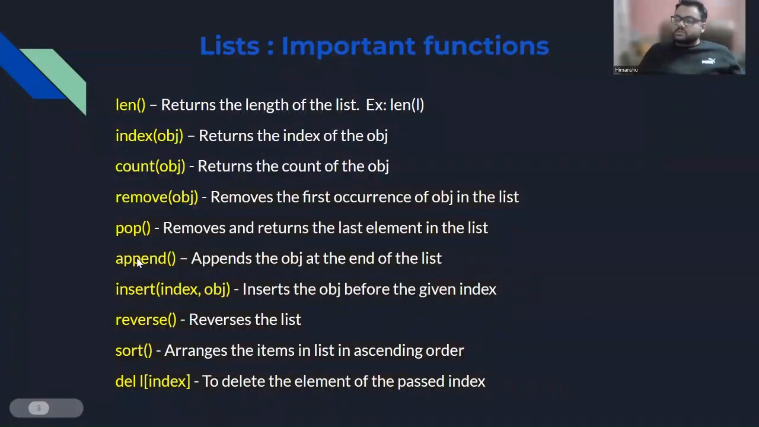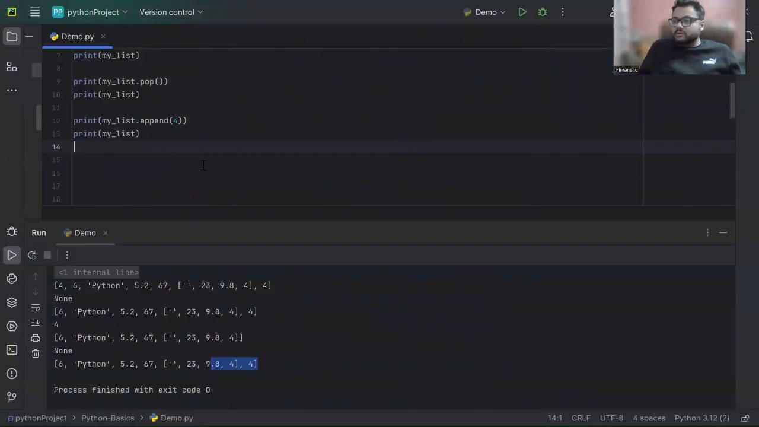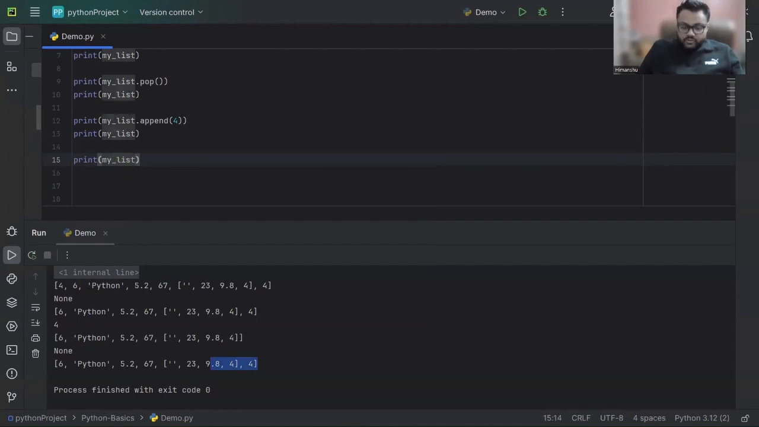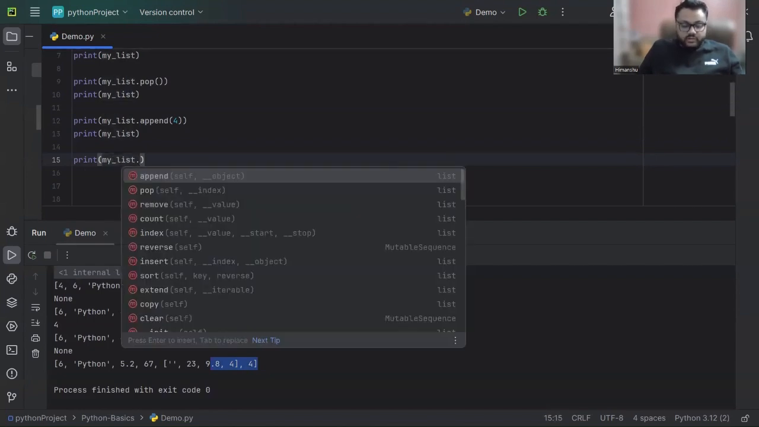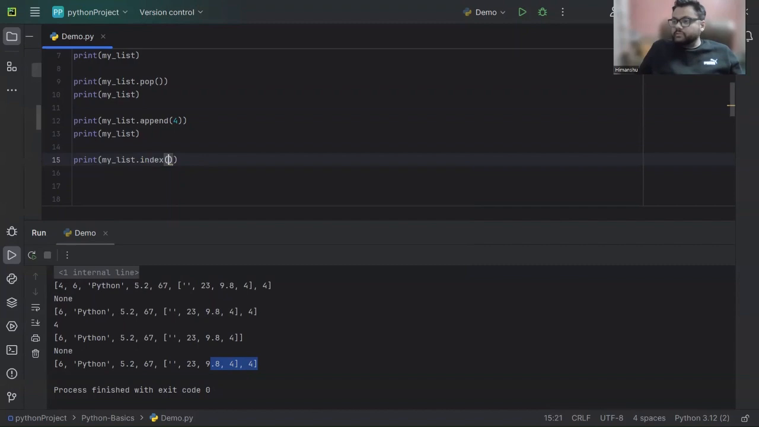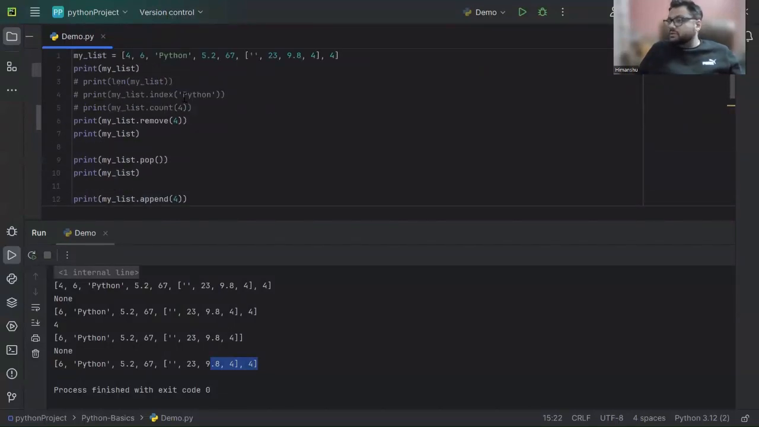Now insert. Append was adding at the end of the list. But if I want to insert any object at a particular index, what to do? Then you will use insert. So insert, let me show you. Let me use print only, because I want to show you what happens if you want to, sorry, just insert. Yes. So insert any object. So let's insert